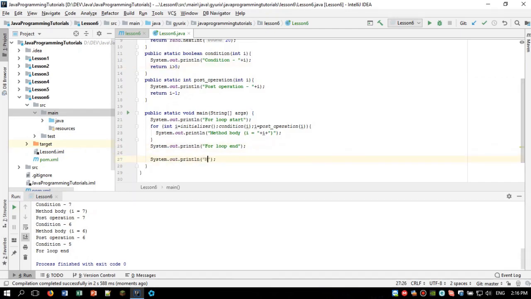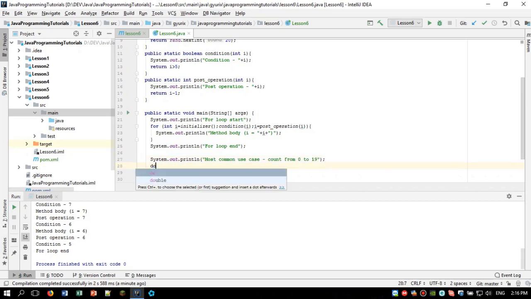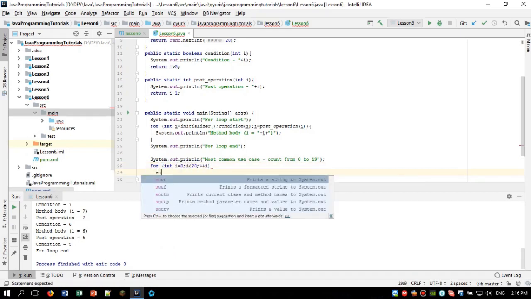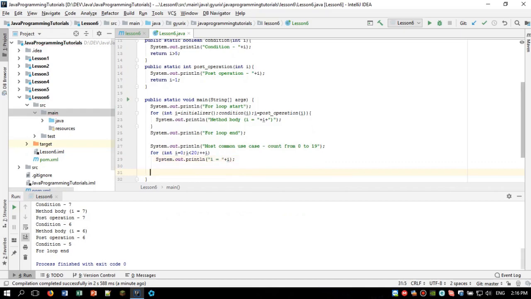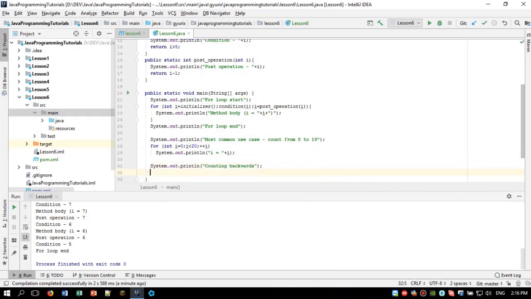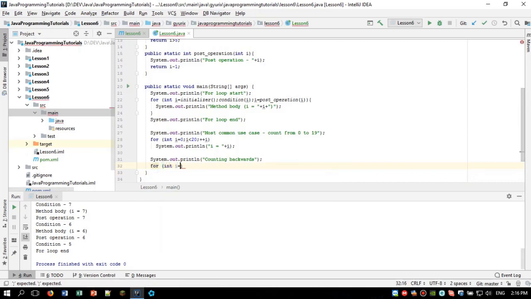Now I'm going to show you some of the most common ways programmers use this for loop. The most common way is just counting from 0 to a certain number, like 19. For int i equals 0, i is smaller than 10, then ++i or i++, it's up to you, it doesn't really matter. And we are just going to print there i equals and its value. And we can also count backwards, of course. So we can do for int i equals 19, i is greater than minus 1, and decrease i by 1, and print i. So we are counting backwards from 19 to 0.